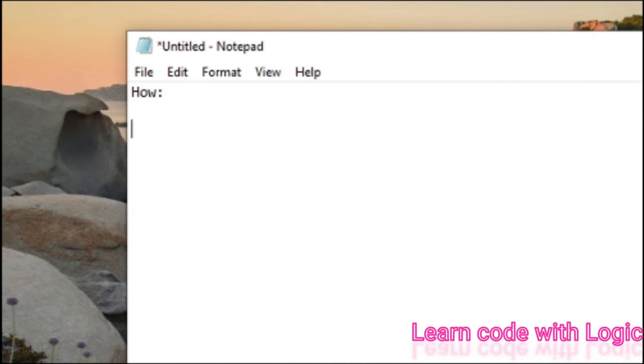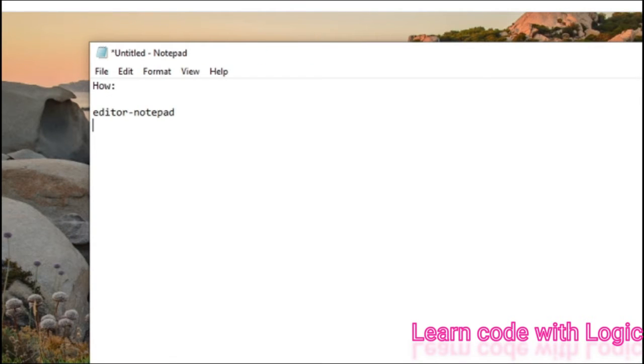First of all, let's see how a Java program is executed. In order to execute a Java program, first we need to write it, and for that we need an editor. After writing the code, we need to compile that code, right? So we need a compiler.